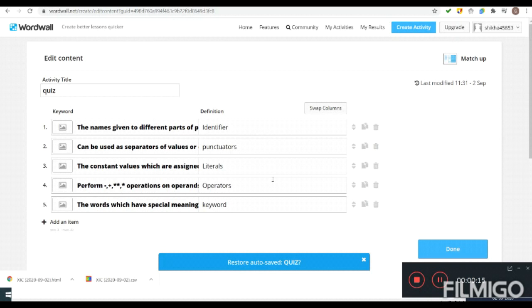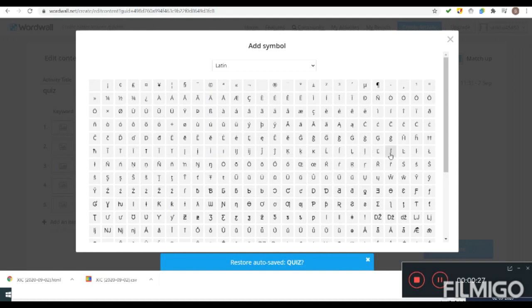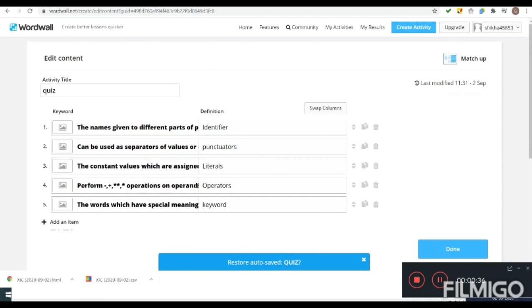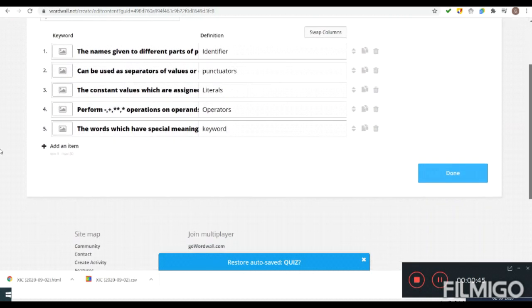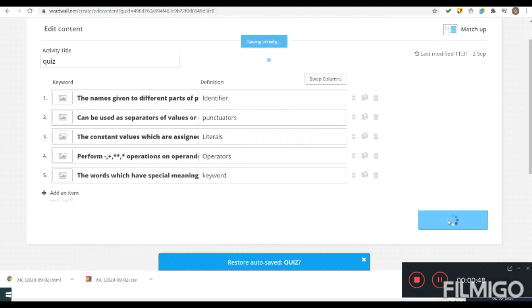So you can just type here, and here you can get the option for bold, and here the mathematical symbol if you want to adopt any of them. And there are many more. If we click on one of them, the whole window will open, and we can select any of the symbols as per our requirement. So this is prepared, and if you want to add more items, you can add more by clicking on plus, and the maximum that you can add is 30. Okay, so when you have done, click on the done button.